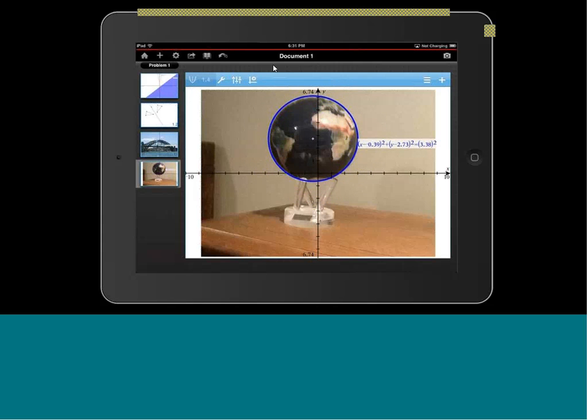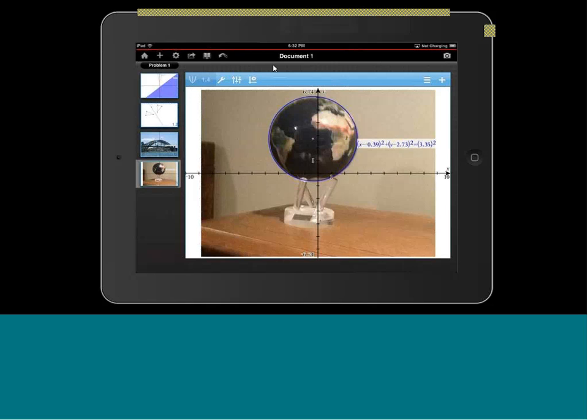And we see this great reinforcement of multiple perspectives. As I transform the circle, I see the parameters in the equation adjust appropriately. So I think this is going to be a lot of fun using this camera feature. Now we're going to try and show you all of the basic apps, so I think we'll move along to